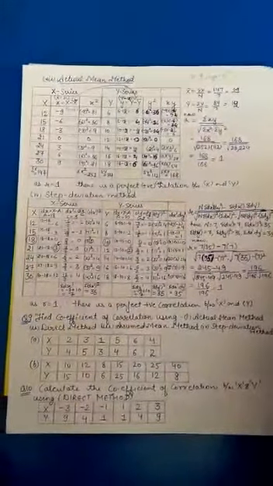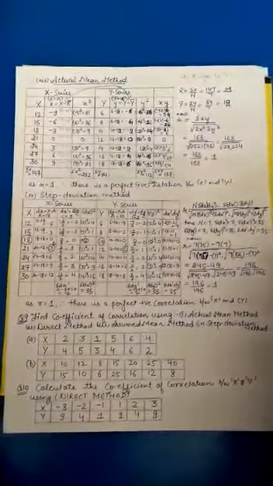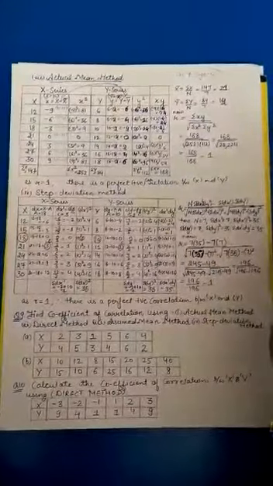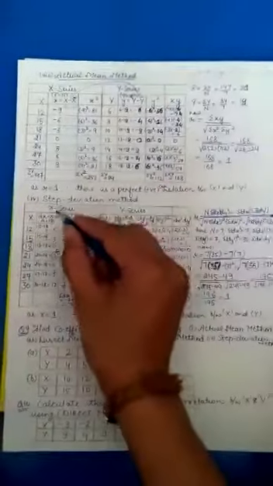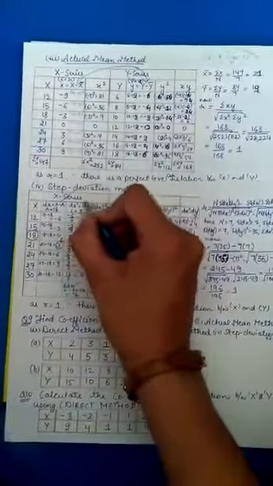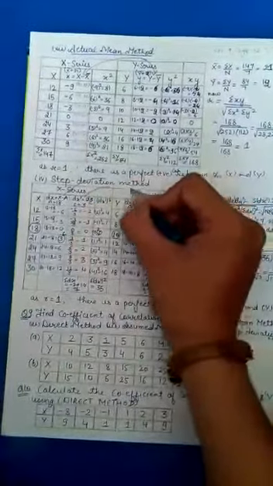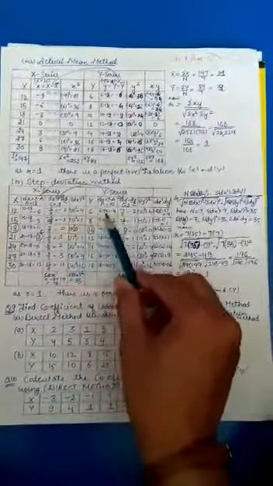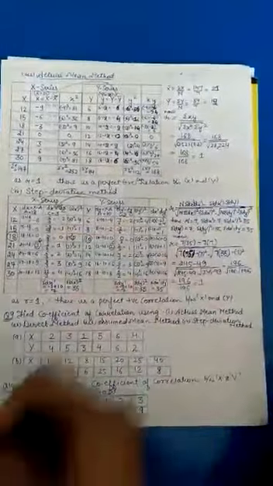The next method is the step deviation method, and in this method you have to calculate first dx, then you have to calculate dx dash, and then you have to calculate dx dash square, and in the same way you have to do in y also, and at last you have to do the product of this column and this column, third column and this column. See carefully, this one and this, that is your dx dash third column and your 4 5 6, this is your 7th column. So you will do the product.